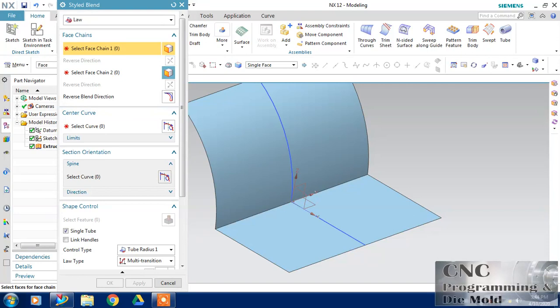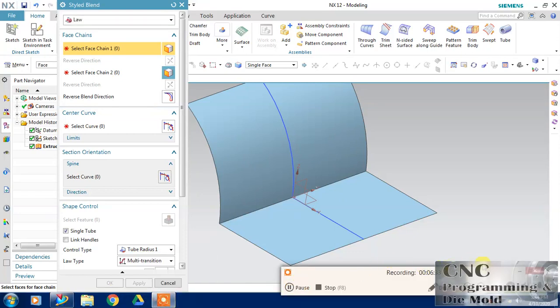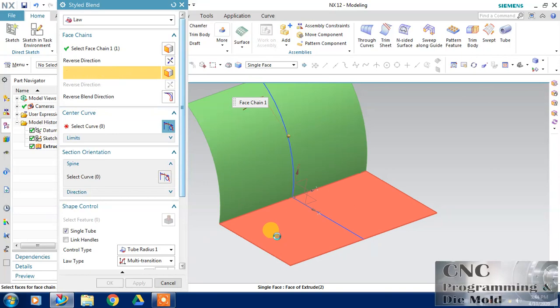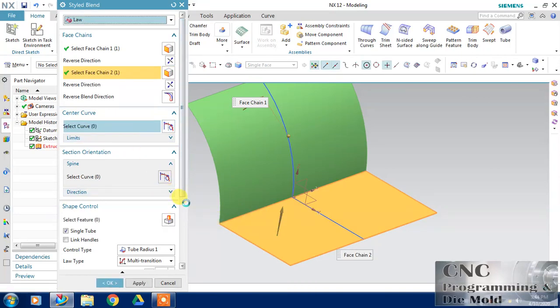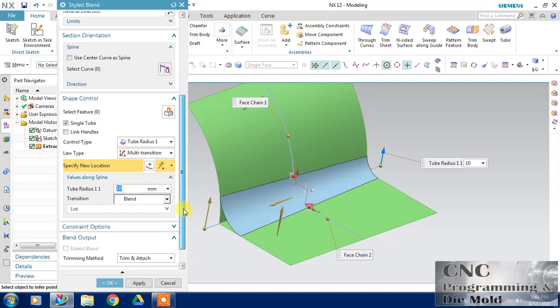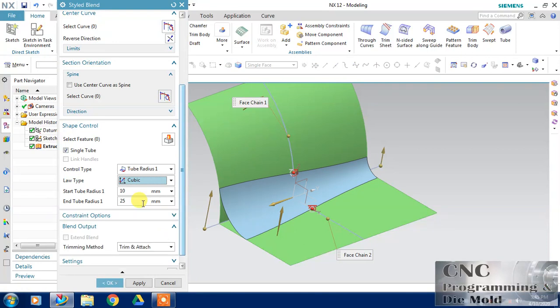It will come, but it will come straight, directly straight, and depth must not be 0 and should be more than that, or you can see depth must be greater or equal to 0. So I will change this to 20. A little bit of depth will come, and you can see the preview. This will work like a chamfer if you reduce the depth of this shape. So hope you understand this depth option.